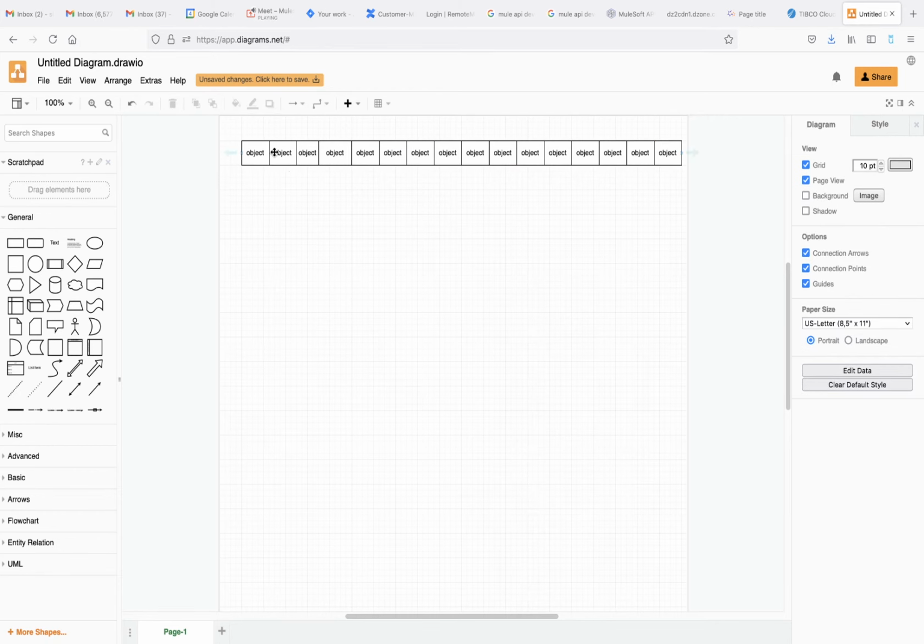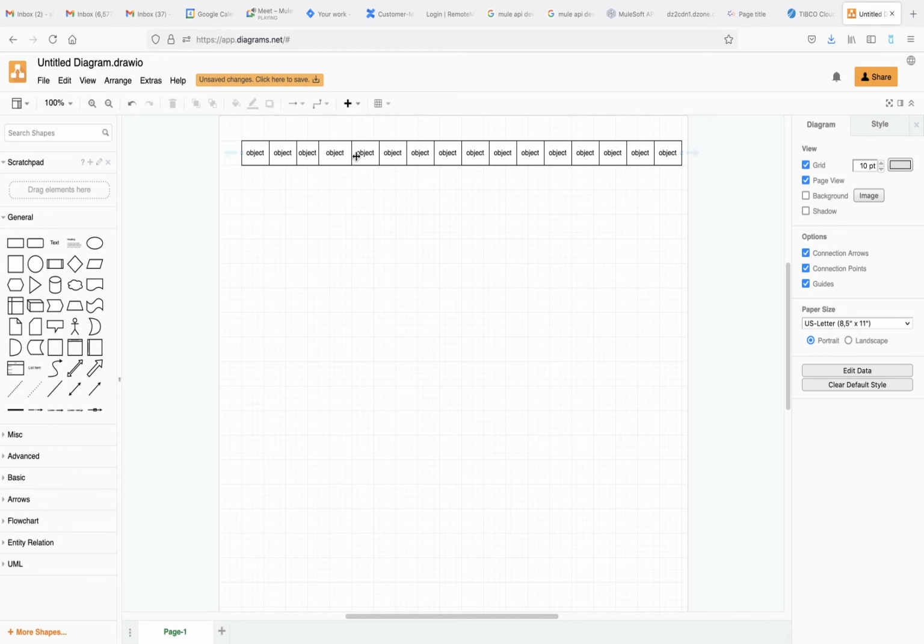Okay, so as input I got one array. This array contains customer information, okay. Each object contains different customer information. Now I want to process this customer information, which means I want to do some mapping. For each object I want to do some mapping, and then I want to insert it in the database, okay. So what will be the best approach here?